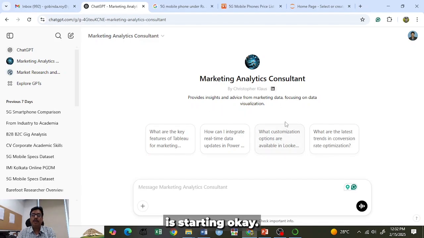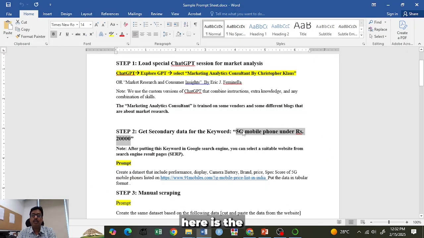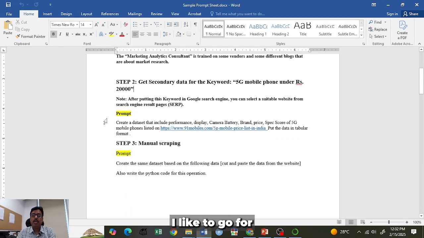Okay, and now I come to the next one. So this is my secondary data. This secondary data I would like to fetch by using the GPT using a particular prompt. So let us see the prompt sheet. So when I go to the prompt sheet, here is the second step, right? The second step is already done, but again I would like to go for a prompt, create a data set, right? So I put in this prompt because